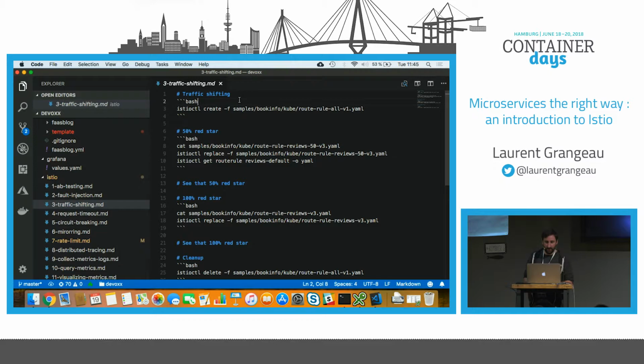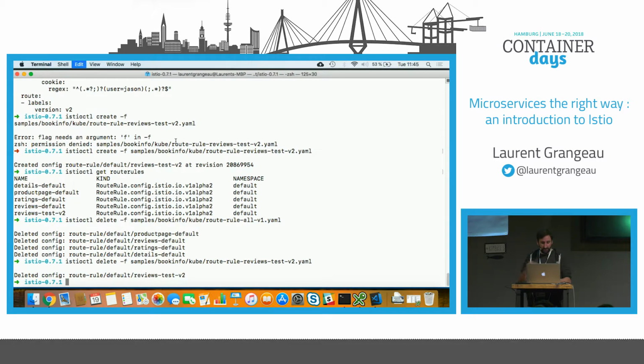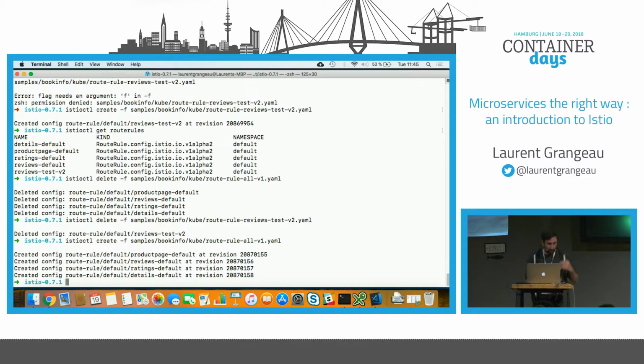I can do, for example, a canary release. So this is a canary release. 15% of the time, I just route to the V3, the red star, and on the other side, no star at all. So I reapply the version 1 to have a default route,